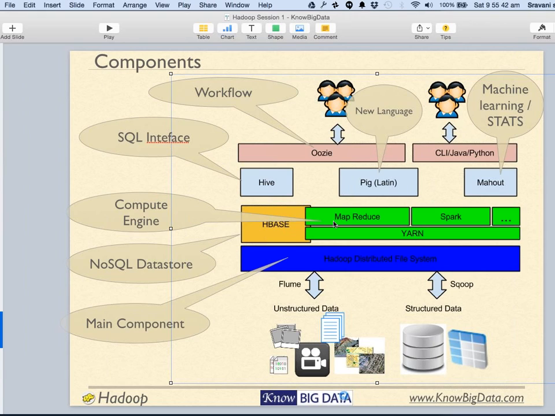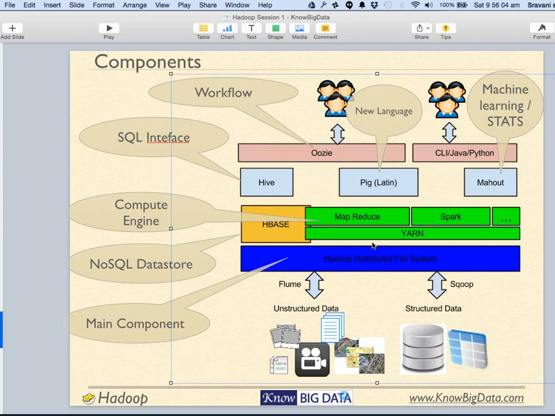All right. Then is the compute engine. On top of HDFS is the compute engine called Yarn. Yarn is the basic computational engine which can execute any program on any machine without overloading a particular node.